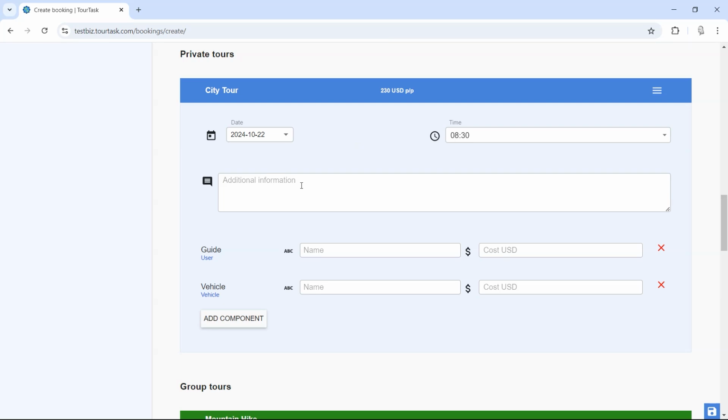Additional information is any information regarding this tour. So let's say the passengers asked for an umbrella, so bring umbrella. And here we can right now enter who will be the guide for this tour. So we can do this one, and also the honorary to this person. So let's see, let's say a